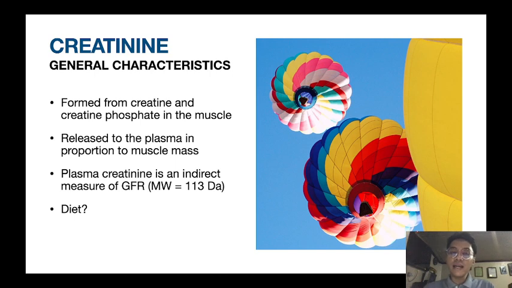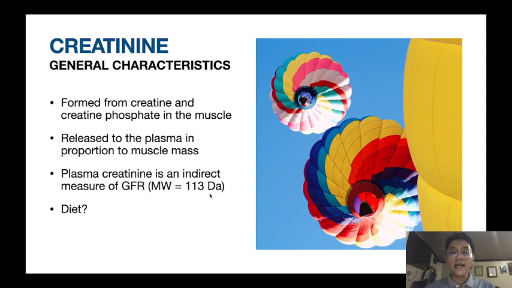So kapag malaki ang iyong muscle mass, so kapag bodybuilders, there will be more creatine and creatine phosphate. That's why there will be more creatinine. Okay? So kapag malaki ang muscle mass, there is increased creatinine. So kapag wasted ang body, kunyari yung mga masyadong payat, yung mga hindi kumakain, there will be decreased creatinine kasi decreased muscle mass. So plasma creatinine is an indirect measure of glomerular filtration rate because its molecular weight is only